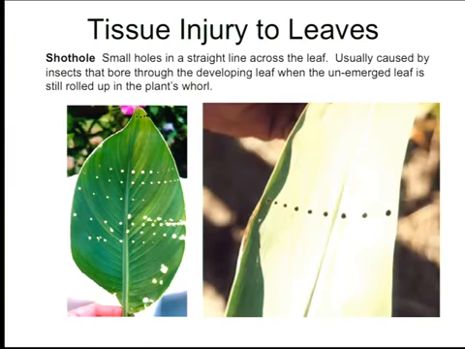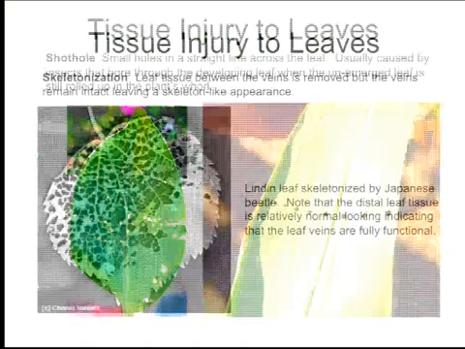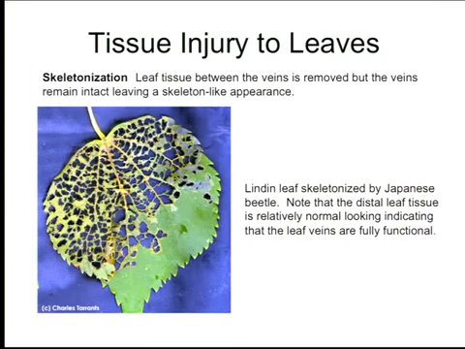And sometimes you might not want to worry if you have it. You see again here, you say, well, how much am I going to tolerate so that my yield doesn't go down? Maybe you can tolerate 50% damage. Or maybe you can tolerate 10%. We don't know how much of this is going to affect your yields. Skeletonization, this is another typical of lepidopteran insects, larvae of different insects that cause this. And definitely you lose a lot of yield there because if it's too spread, you have no photosynthesis.